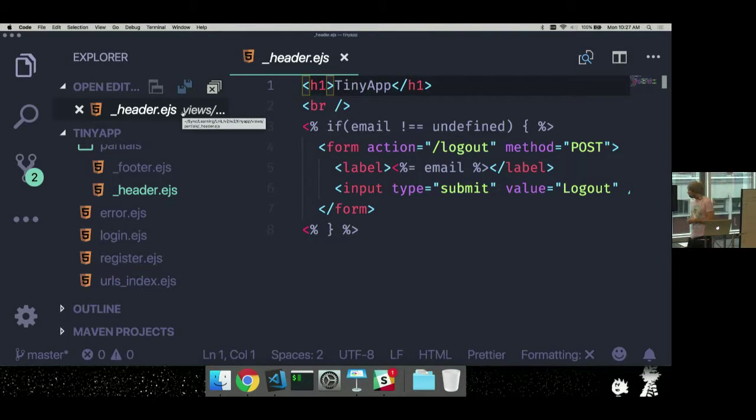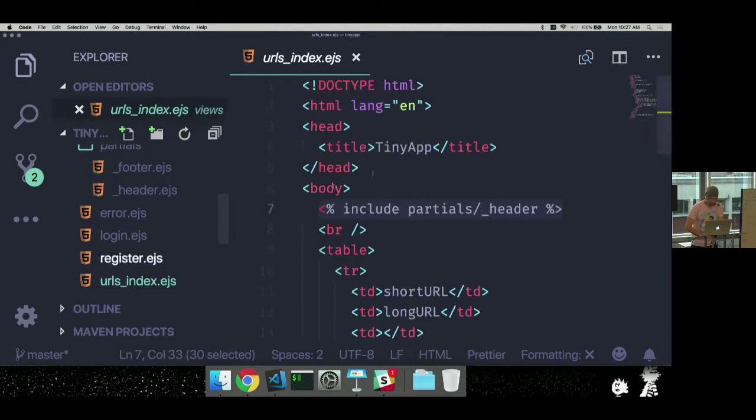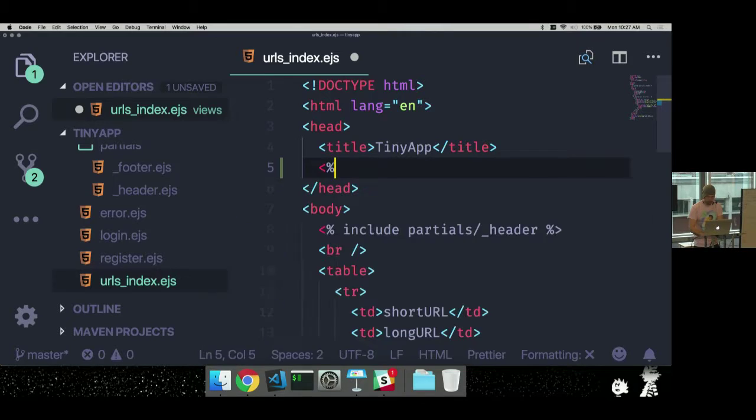So yes, you can put it, maybe not in header.ejs, because header might not go into the head of the document. I might do something like this. That's different. Head and header are different here. And so my head partial,